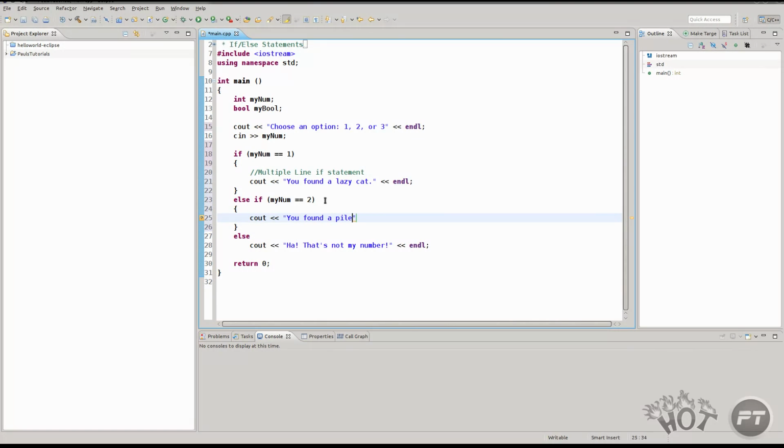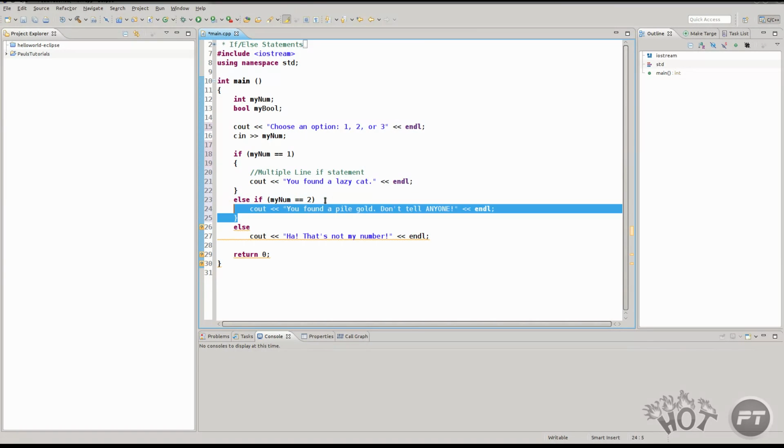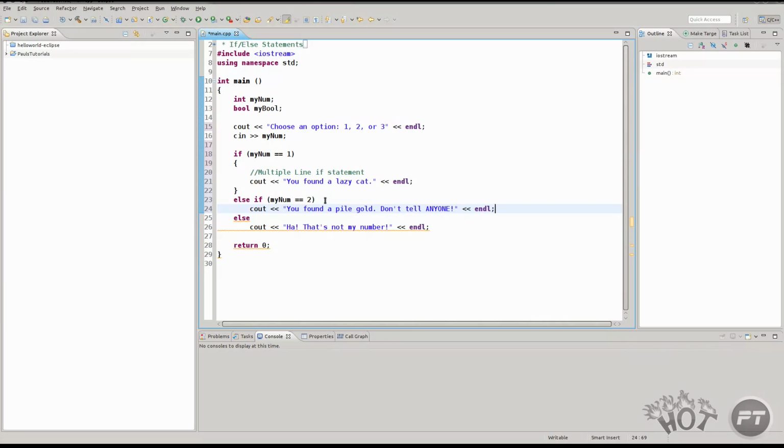You found a pile of gold. Don't tell anyone. Not even me. And again, these actually aren't strictly necessary. Only if you have multiple lines. So in that case, this will only run if it's 2, and then you would do one for your third option. If it's 3,